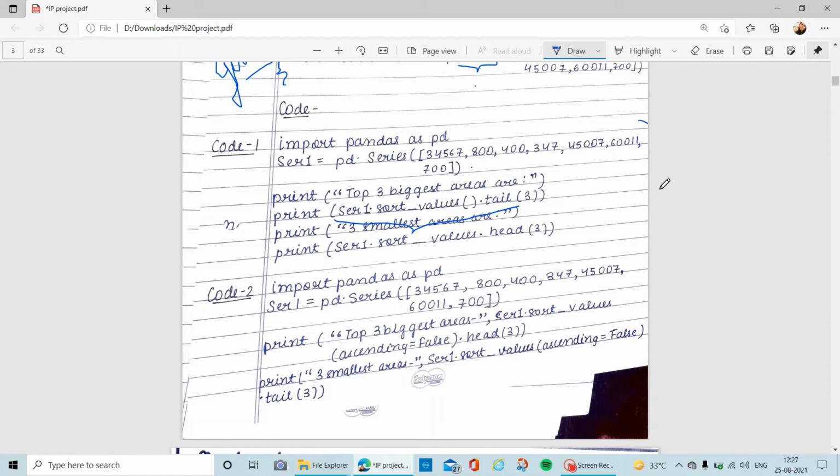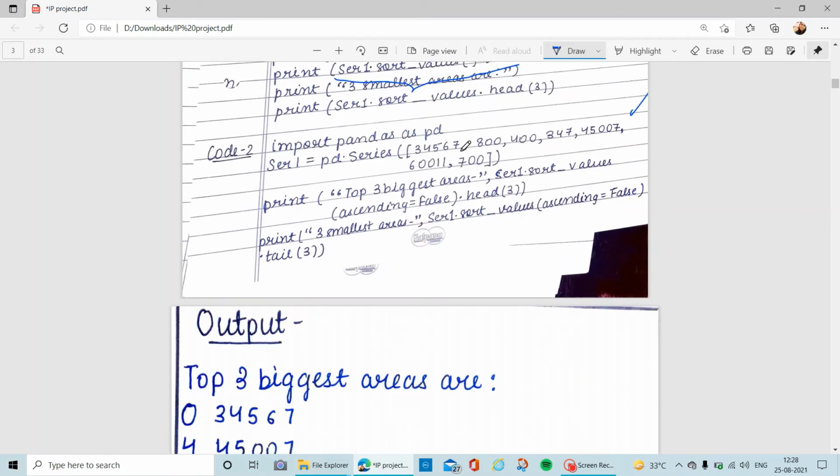Okay, and now I'll also tell you an alternative. It is a smaller one, but I think it's a bit different. For that also we need to import the pandas library, and then we need to define the series, and then do the same as before, the print command, and then top 3 biggest areas. For this one, we'll be using the head and tail functions opposite to what we used in the previous code. Here we are sorting the values of series 1,